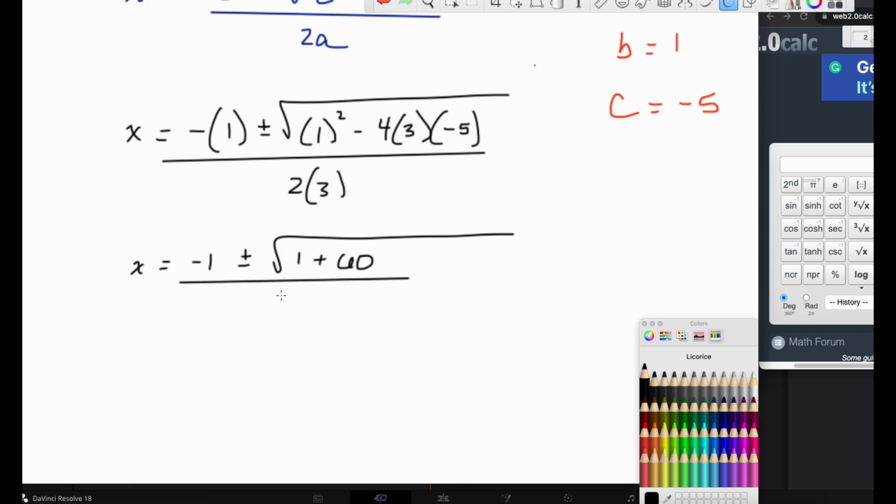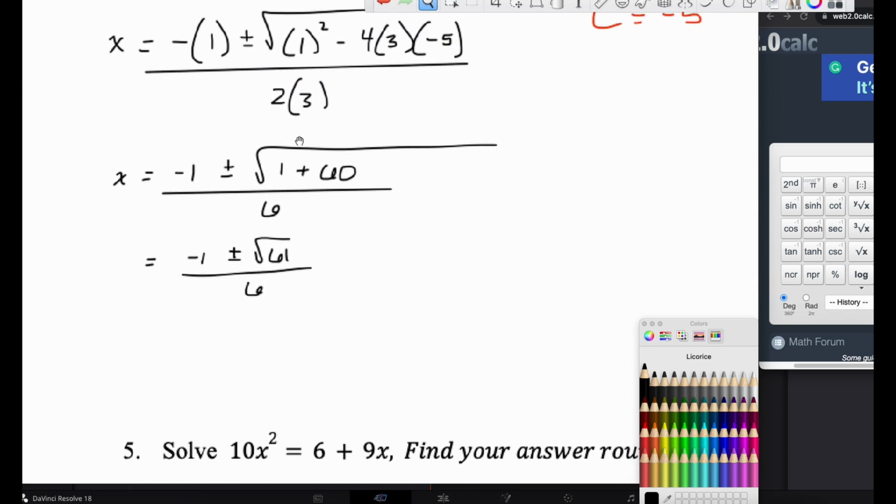Over 2 times 3 is 6. Okay, so now, last simplification here. 1 plus 60 is 61 over 6. So 61 is not a perfect square, so this is going to be an irrational number. It can't even be simplified, right? So